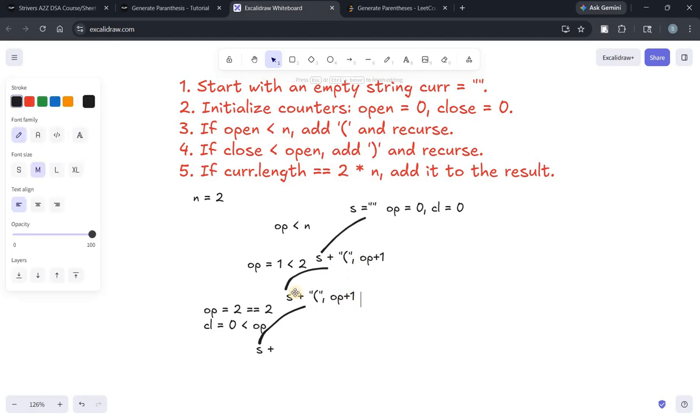Then S becomes this. Okay, now S is equal to this. Now OP is 2, equal to N, I mean OP. So now what I will do